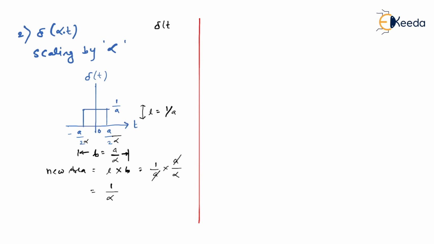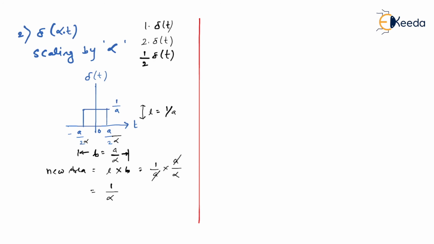When I say del of t, how much is the area? We know that we come to know what is the area by its coefficient. If its coefficient is 1, if there is nothing written, then of course coefficient is 1. And if the coefficient is 1, we know that it is an impulse signal with unit area. So in fact, we call that signal a unit impulse signal. Suppose we have twice of del of t. What does that mean? Twice of del of t is also an impulse signal, but again it is not unit impulse signal, it is impulse signal with area equal to 2. Suppose if I say 1 by 2 del of t, what does that mean? It means that it is an impulse signal with area equal to half.